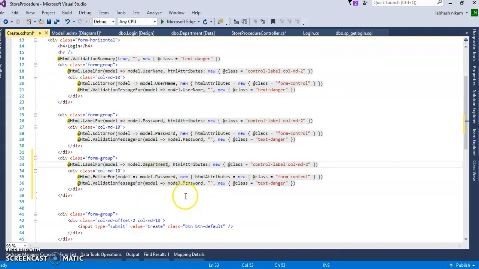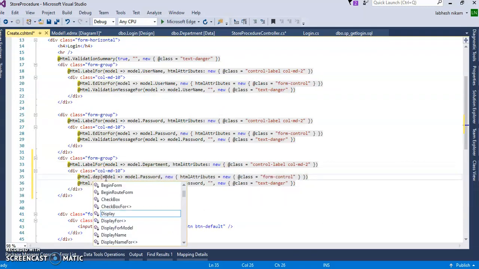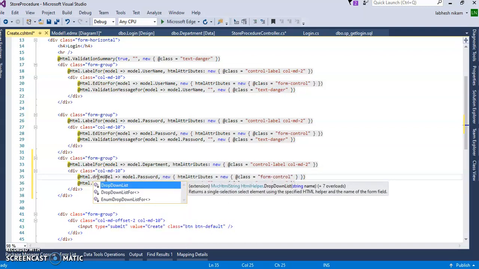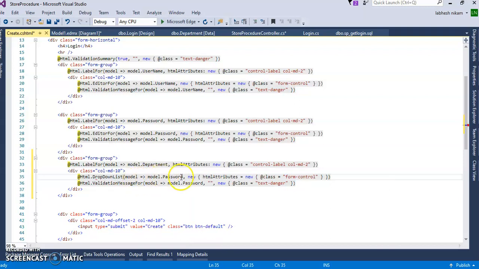Also here we will use the department list, so Html.DropDownList. I have not used strongly typed, so we'll give only the same name whatever is inside the login table, department.